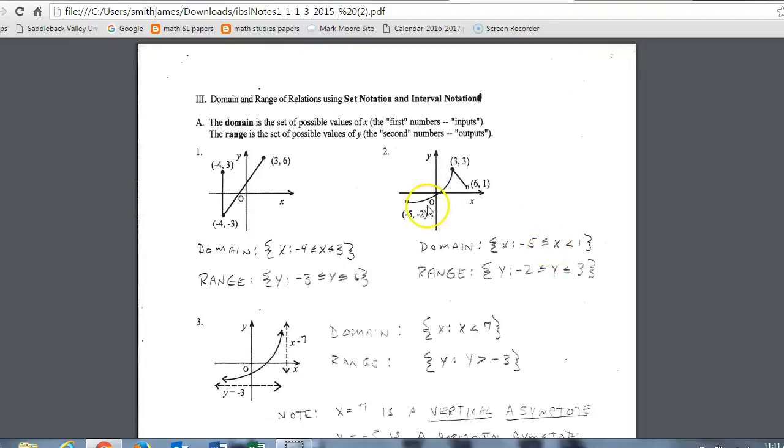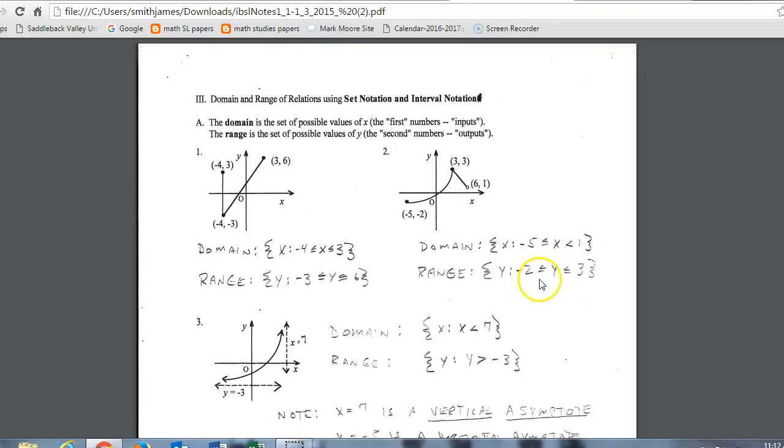this. So this one is filled in, so we are including negative 5. So we would say x is greater than or equal to negative 5 because we're including it. But on the right side, we would say that it is less than 6. Because it's open, we're not including the 6, so there's no equal sign on that. This is continuous from left to right. Everywhere from negative 5 to positive 6 has a value that's filled in, so we're good with just one inequality